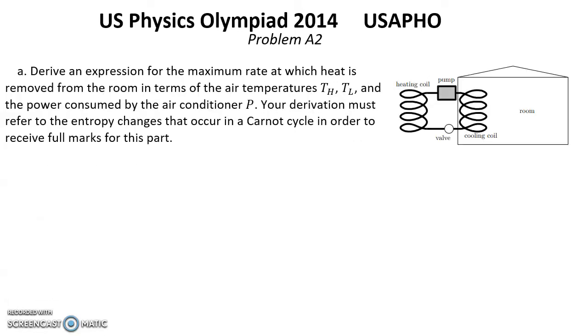As we see from the description, this cycle consists of two adiabatic and two isothermal processes. During adiabatic processes, the heat is not transferred. It means that the entropy change is zero. And also during the whole cycle the change of entropy is zero, because this is a Carnot cycle,